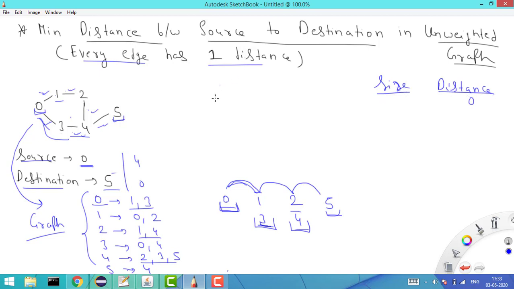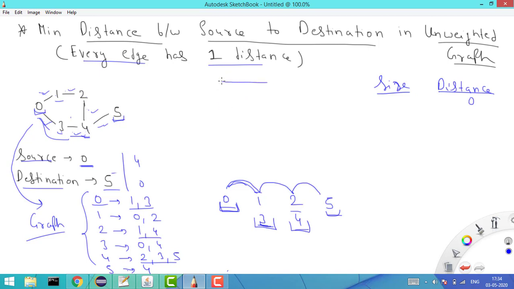Now another important thing is that I need to take a visited array, so that we take care of how many elements we have visited. In this case, from 3 we jump to 4, and from 2 to 4 we can also jump, so there are two paths to 4. If 4 is already visited from 3, then there is no need to visit it from 2. So the visited array will take care of this.